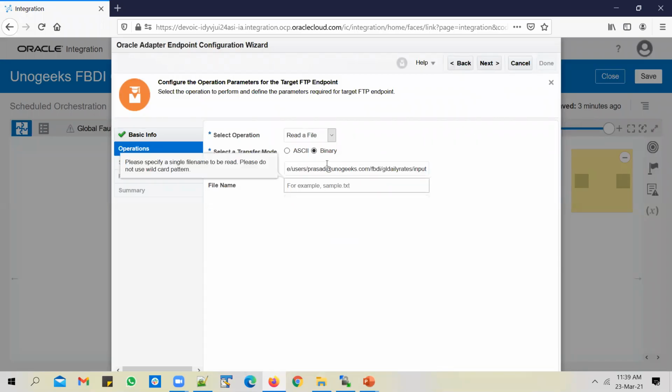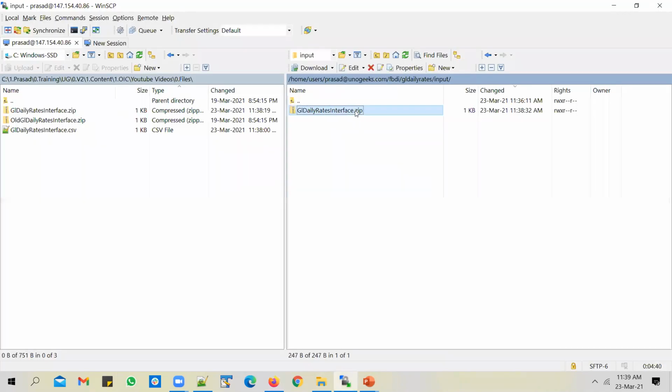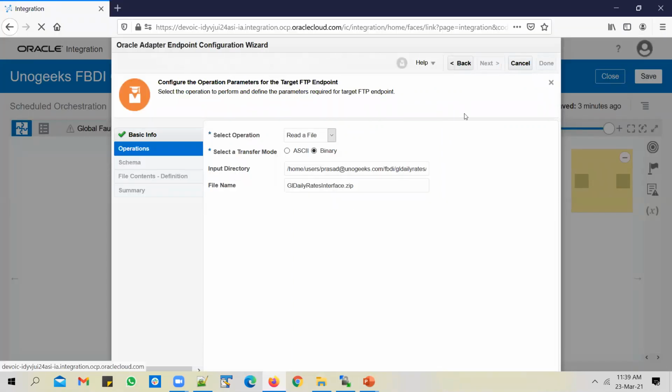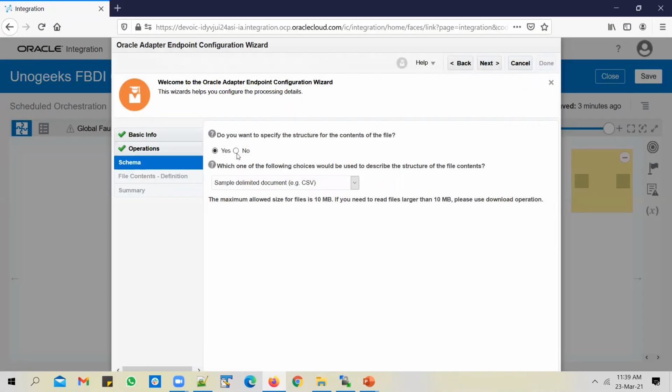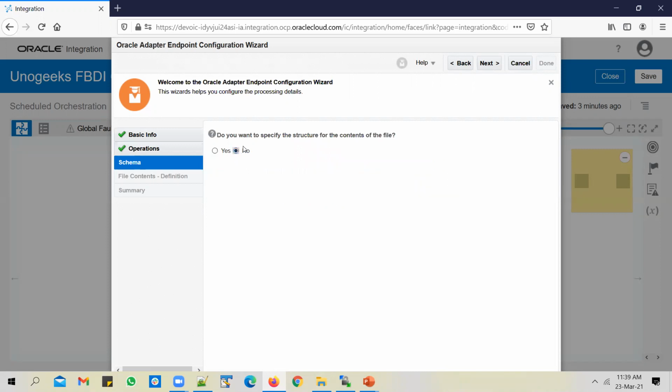But in another video, I've explained a couple of ways to get these values in a dynamic way. You could either define schedule parameters, or you could capture the directory name and file name in a lookup and pull these values from the lookup. If you do it in either of those ways, in case a directory name or a file name changes tomorrow, you will not have to edit the service. But hardcode the file name and the directory name for now, that's okay.